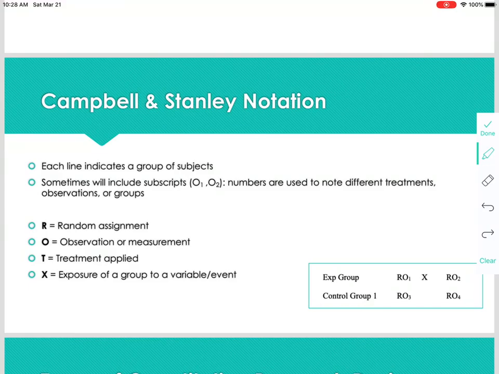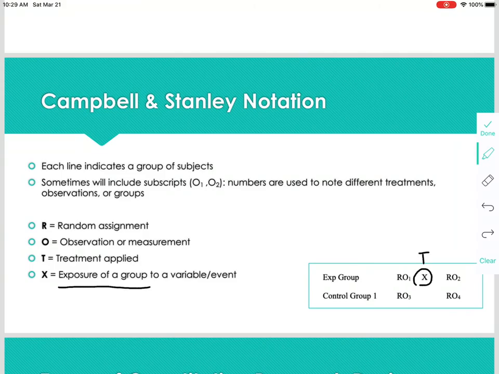Treatment or exposure, sometimes they're used interchangeably. So you might see an X for exposure to an event, or you might see treatment. And they can be used sometimes interchangeably. Technically, they're a little bit different. If I'm doing a study where, let's say I'm going back to my example of streaming habits of millennials versus Gen X, if I want to have exposure of a group to an event, maybe I would expose one group to education on how too much TV watching impacts education level or something,